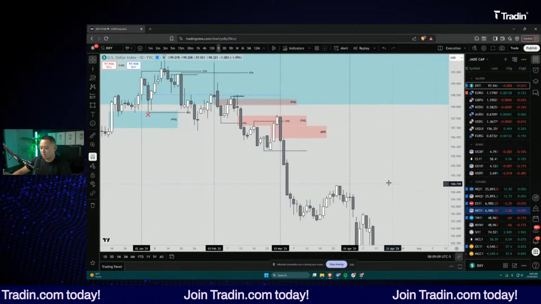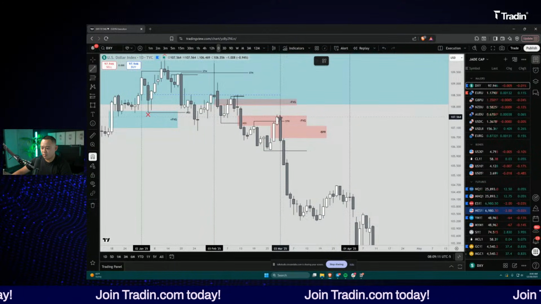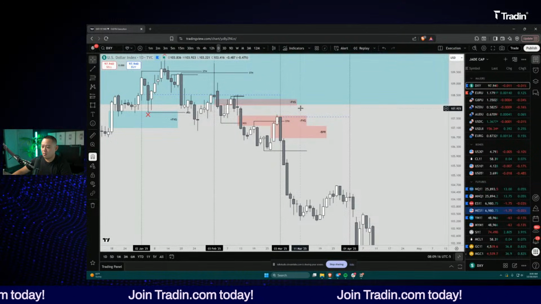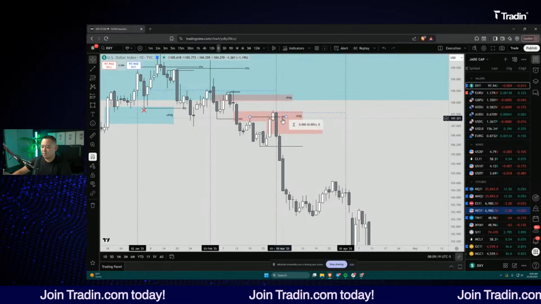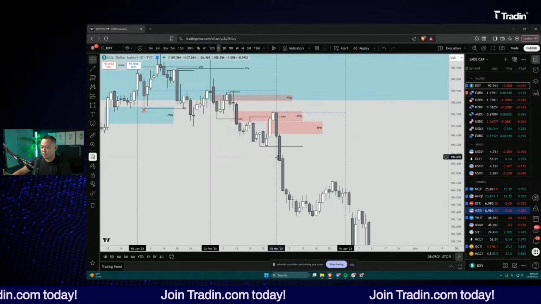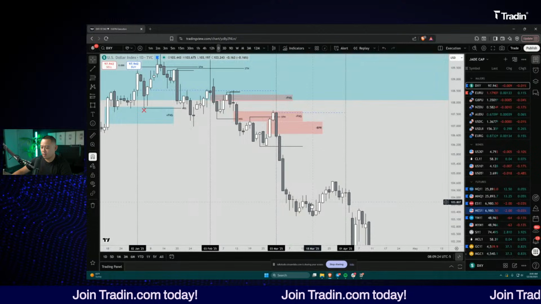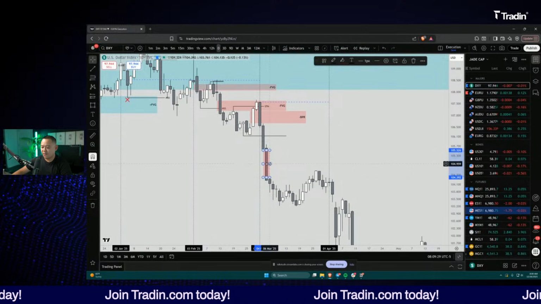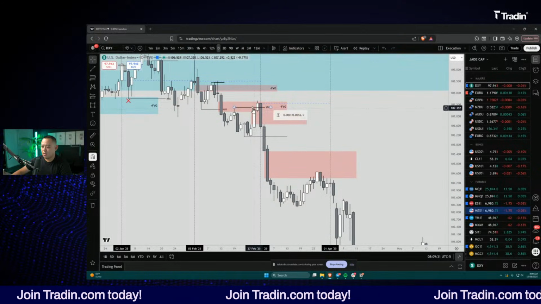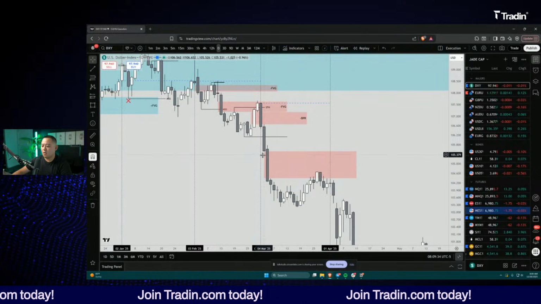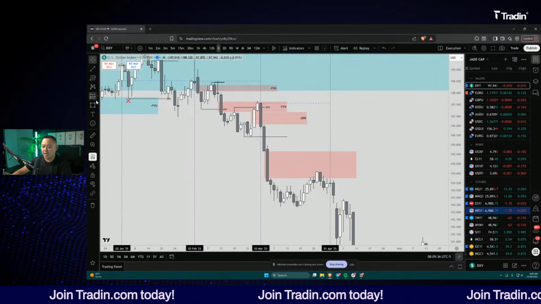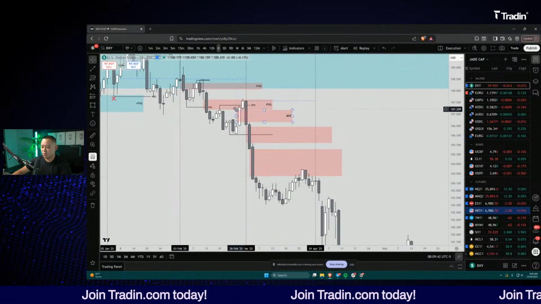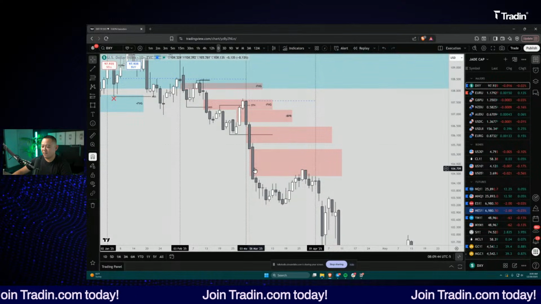Well, this leads us to April, and then we have a monthly open here. Now, this monthly open, we didn't get any price action above it. So once this market drops off and it expands lower very quickly, you guys can see the rest of the month kind of just consolidates, right? Consolidates, but it trades up into this bearish fair value gap. Now, usually when you see large markdowns like this and you see small consolidations, it's usually not going to go up to this fair value gap all the way up here because the market is extremely weak. So it's only going to retest this first fair value gap here.